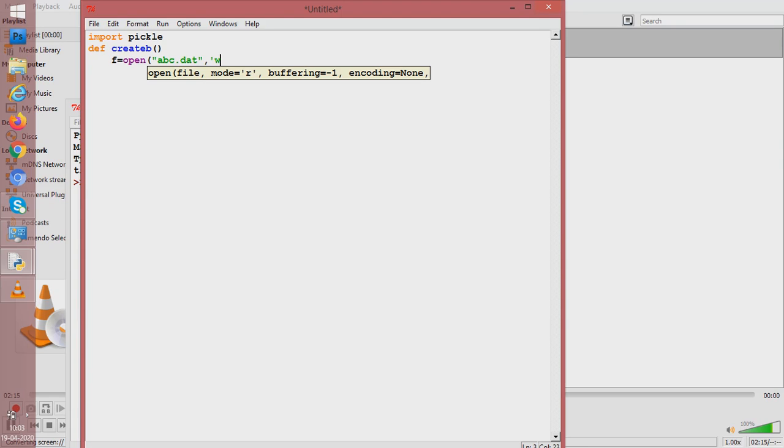Which type of file I am creating? I am creating a binary file. So this statement is going to create a binary file, and that file is for writing. That is, we are going to write things into the file. As we have seen earlier that we can use a list to write files. So let us take L and create a list.